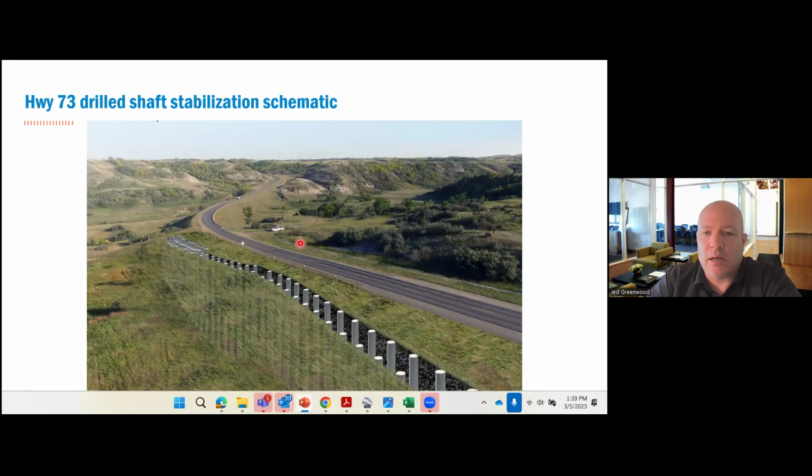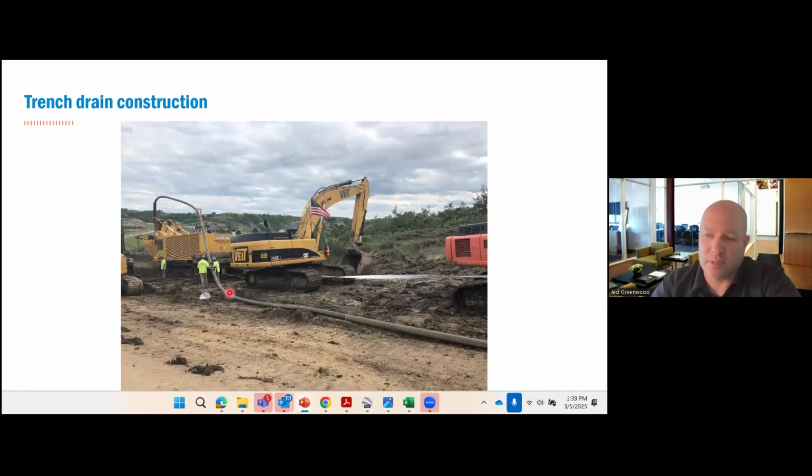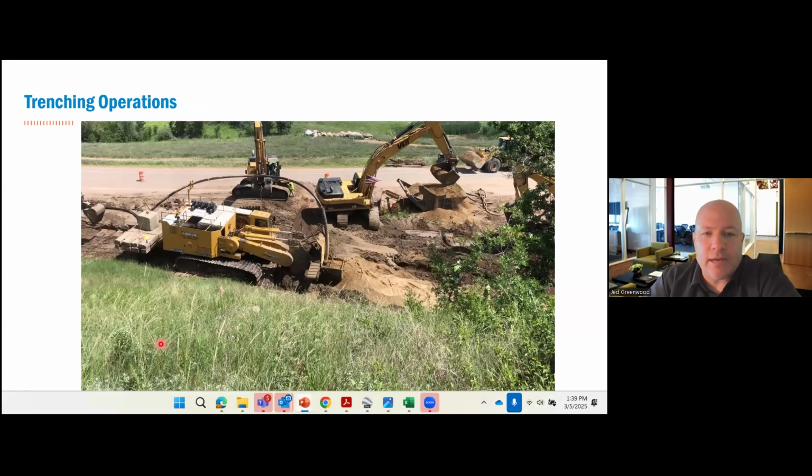Trencher looks like. This is the pipe that's going in the bottom of the interceptor trench. So it's a filter aggregate with a pipe in the bottom. This is actually a video. I think I'm going to skip the video, but generally, it's like a giant chainsaw, essentially. It's digging the trench. They're placing